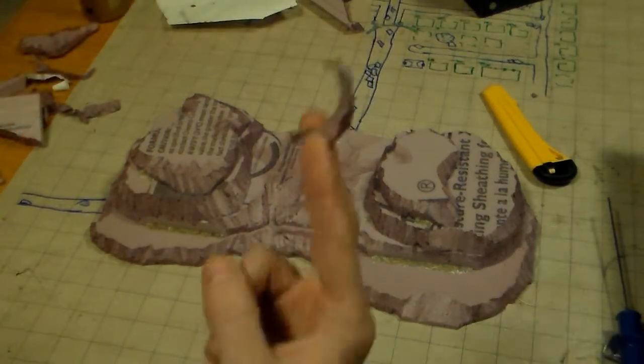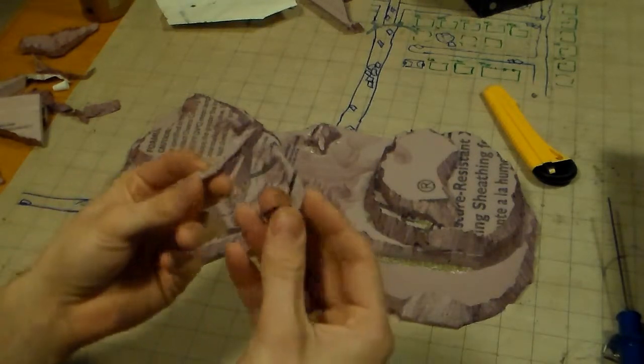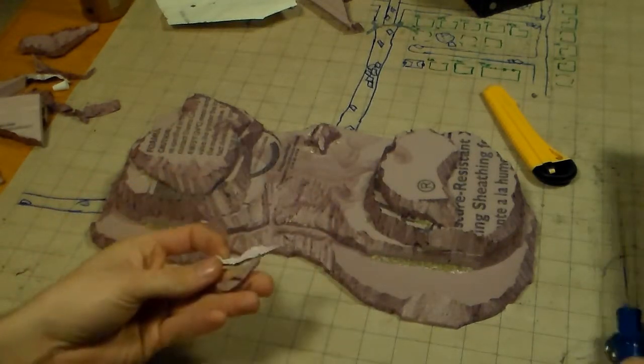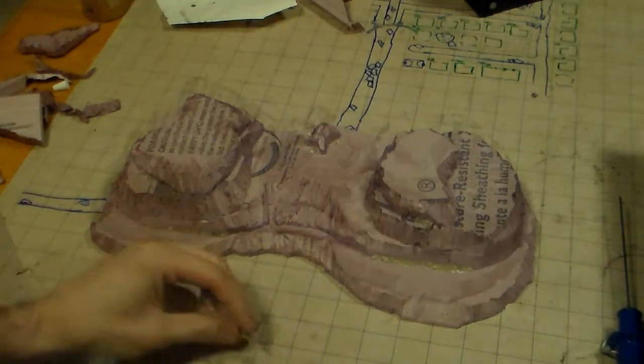Next I'm going to take the bits and pieces that we've chopped up and some laying around. I'm going to chop them up really quick, just to make them almost barely resemble rocks, because